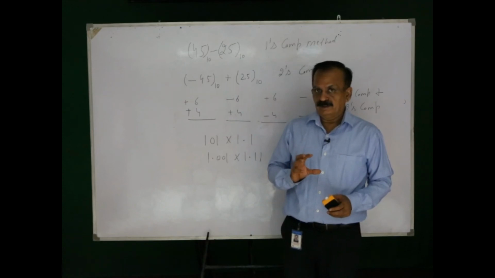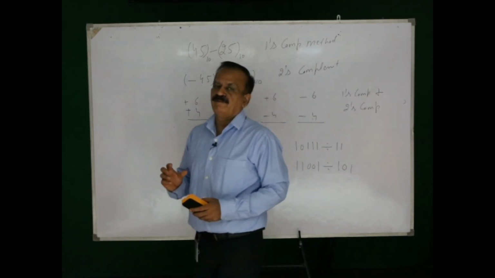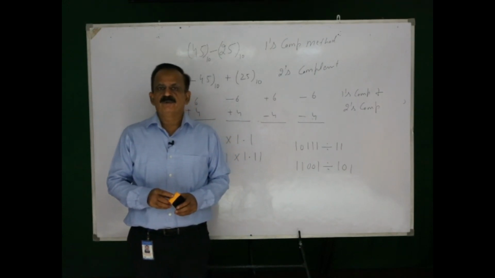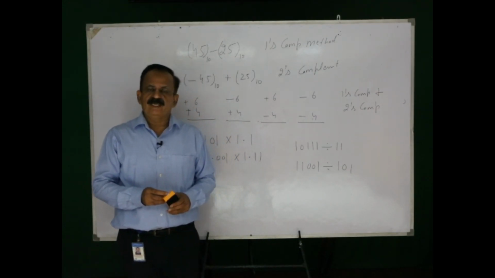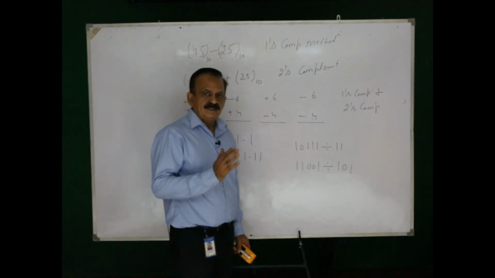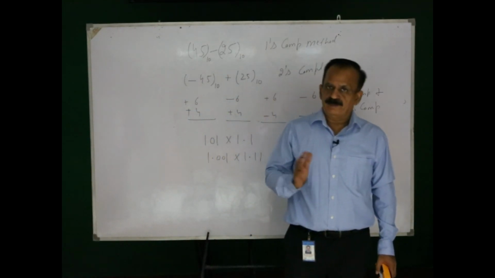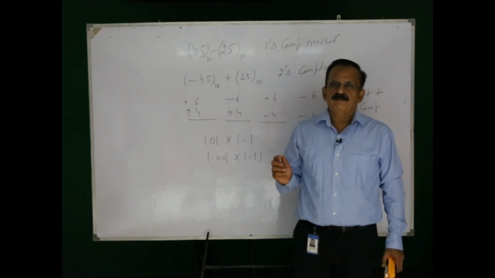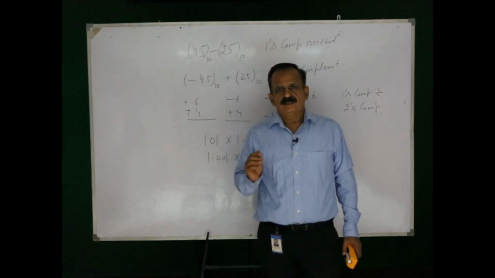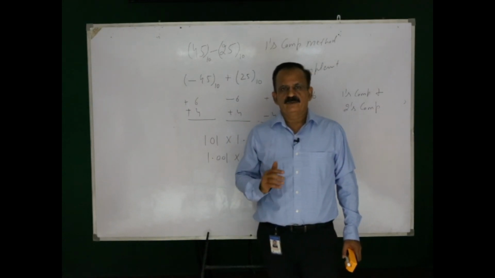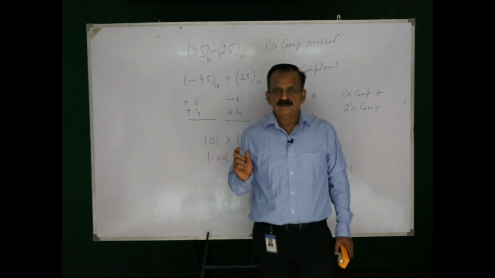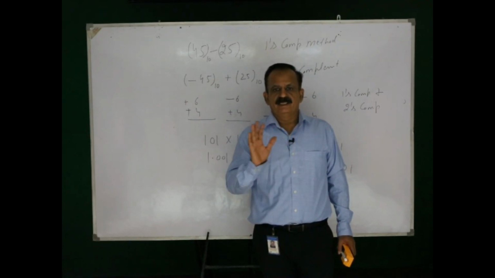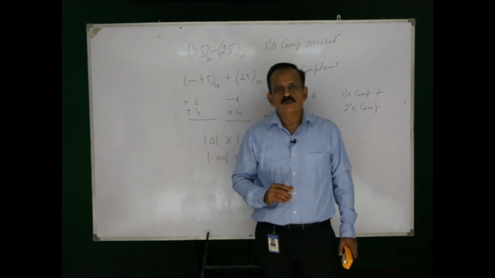One of the theory questions you can have is how the negative numbers are represented in computer's memory. So you will be explaining the three methods, that is sign magnitude method, ones complement method, twos complement method. You must represent by taking some example for sign magnitude, ones complement and twos complement, but be sure this is only for the negative numbers. Positive numbers are represented with sign and magnitude only.